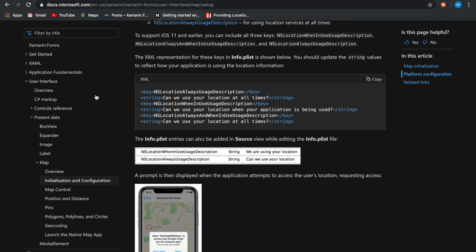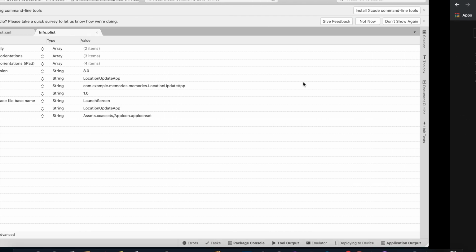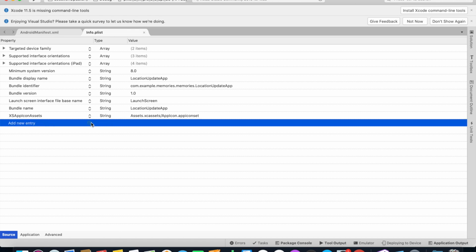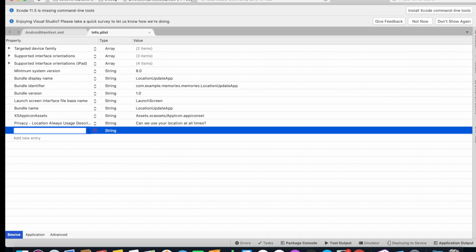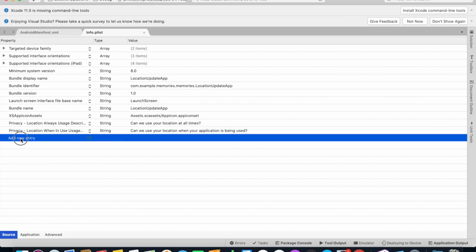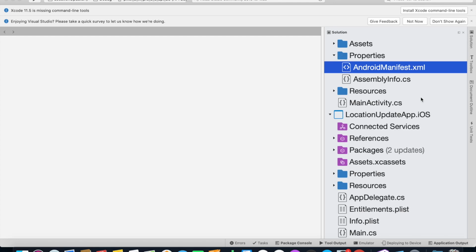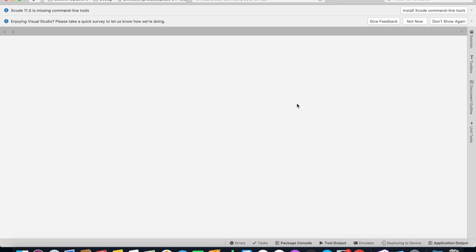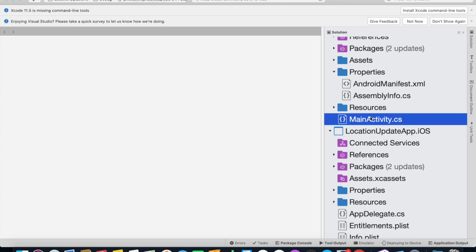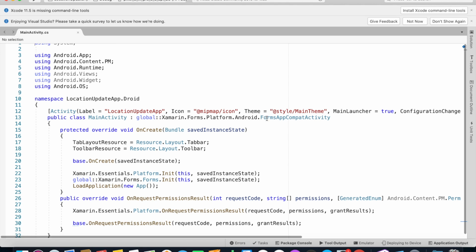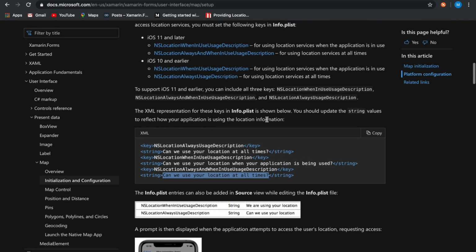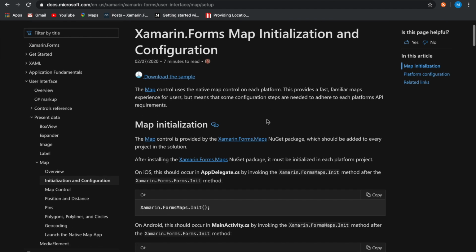So on our Xamarin Forms map page, copy and paste this line of code for the permission. And one more thing we need to do on Android, we need to have runtime permission. So if we go down